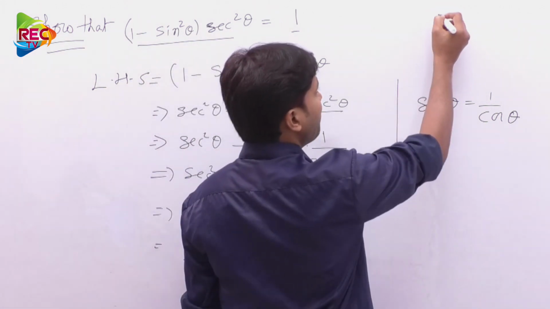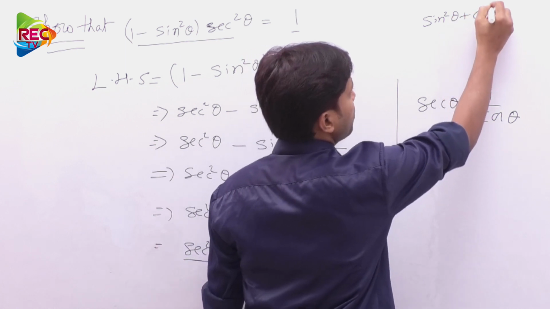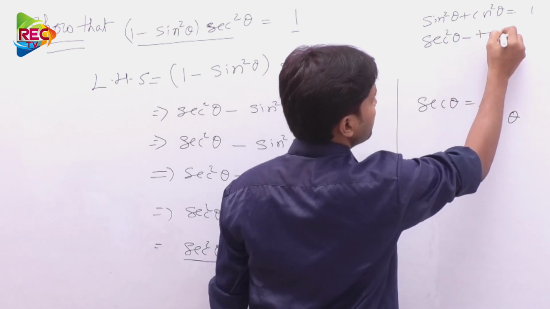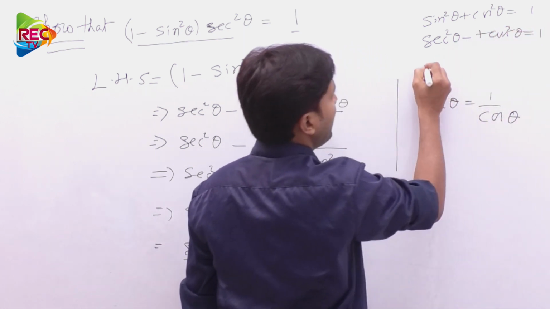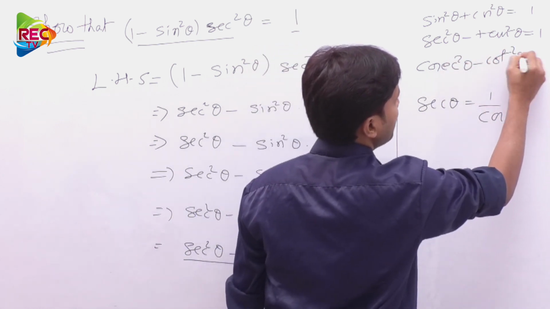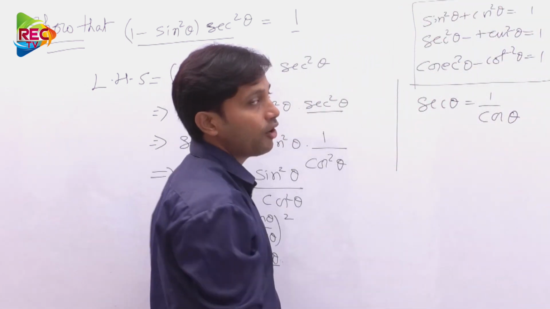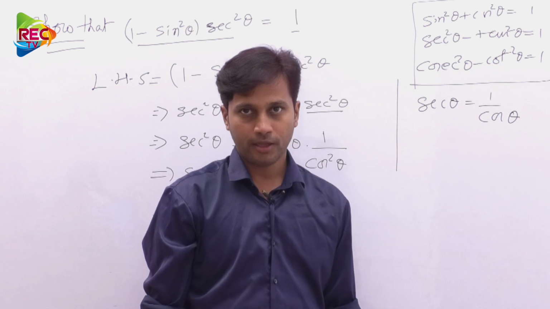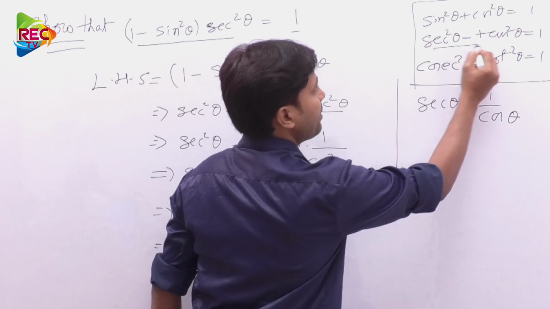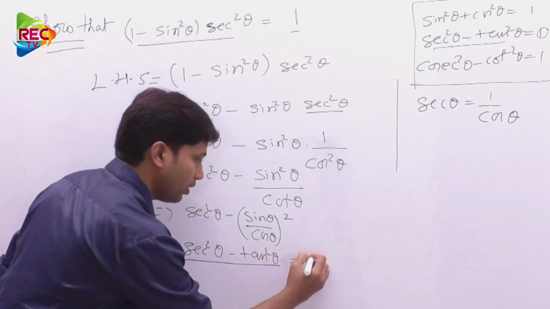So, actually we have the three relations, that sin square theta plus cos square theta equal to 1, secant square theta minus tan square theta equal to 1 and cosecant square theta minus cot square theta equal to 1. So, these are the three trigonometric identities we have obtained in our previous video. So, based on them, okay, what can we say here? This is secant square theta minus tan square theta, which is equal to 1 or not? That is it. So, therefore, here we got 1.